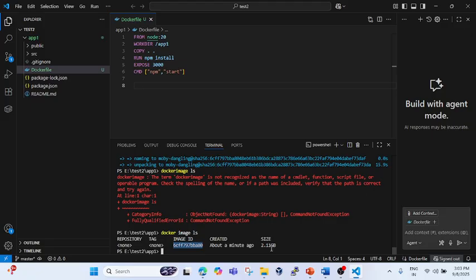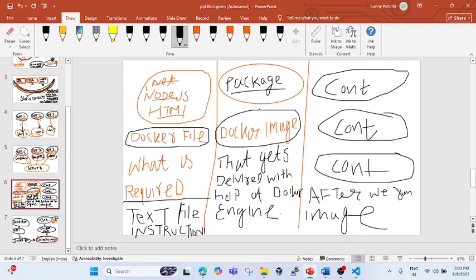Now it's giving the size, creation date, and the repository which is none, tag is none, and the image ID. Okay, so now we have the Docker image. So we have done this part as well. We created a package which has everything which we had given in the Docker file. Now we have the Node.js, we have the full application which we can share to our end